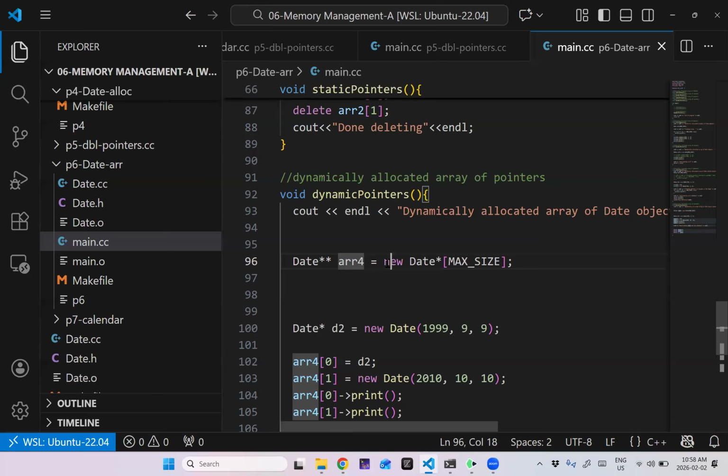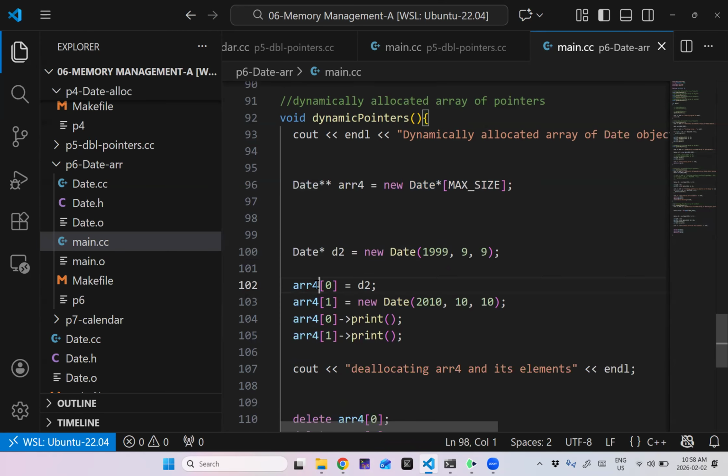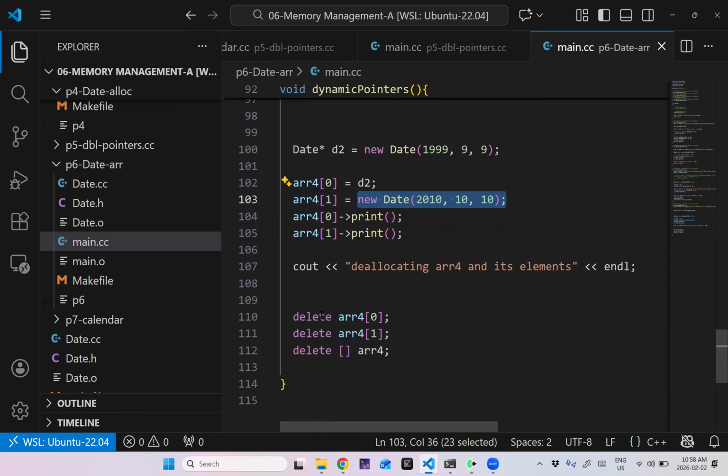So new Date puts it on the heap, and this tells us the type. Now, the syntax is exactly the same as any array that's on the stack. I use the subscript operator. It returns a pointer, and then I can assign it a pointer that already exists, or I could assign it a new piece of data.